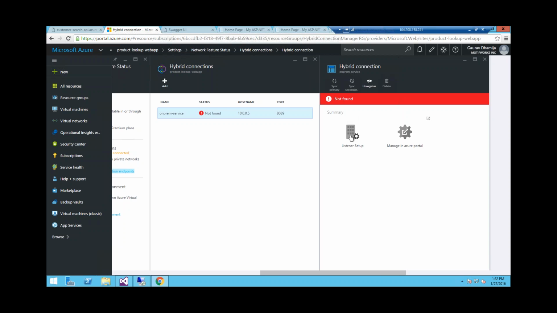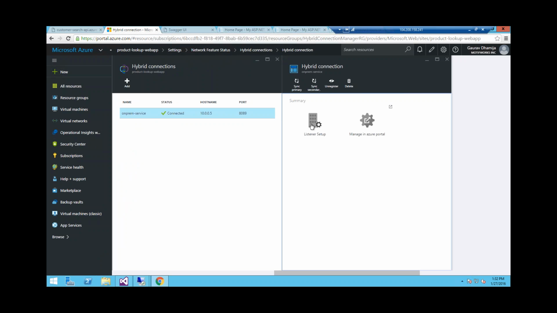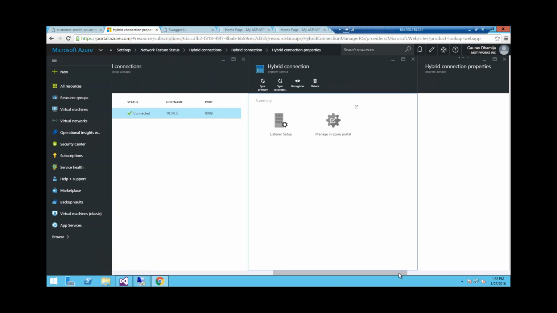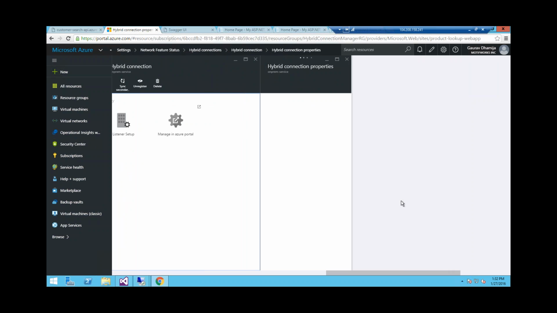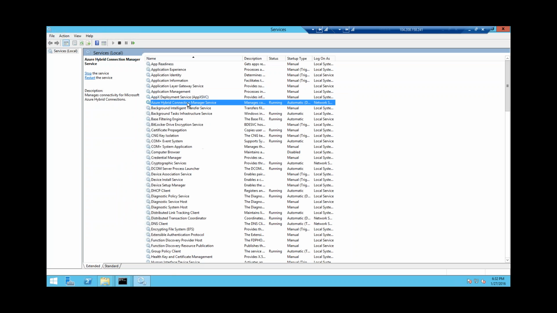listener. And it's exactly the same step. We click on the listener setup, and basically it will provide us a link. Okay, so it's back. So when we click on the listener setup, we will get an installer, similar to what we discussed before, which we can download and install on a server. And that's where I wanted to show you the advantage of using a common server. I have configured the same server to act as a proxy for both my internal service and database server. That way you can maintain one organization-wide hybrid connection management server, which will let you connect to different internal services and database services.